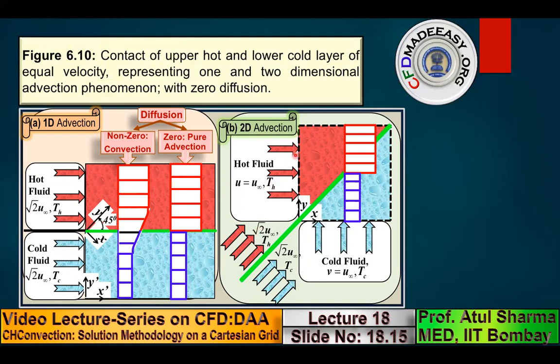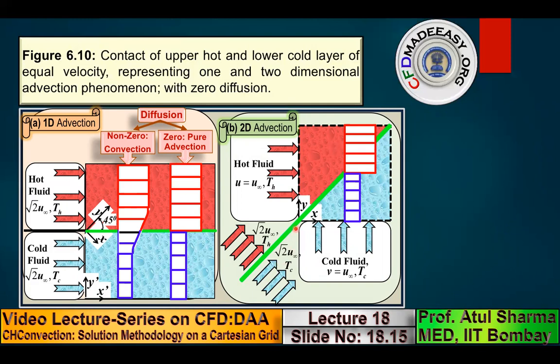We are defining a hypothetical problem where, let us suppose, this boundary is maintained at a hot temperature TH. This wall is maintained at a cold temperature TC. So the fluid which is crossing the hot wall will carry the temperature of the hot wall as it's moving along. These are the fluids which will be hitting this left boundary, which is maintained at TH, and they will carry the temperature of TH. So that way, above the diagonal, the analytical solution is the temperature will be TH.